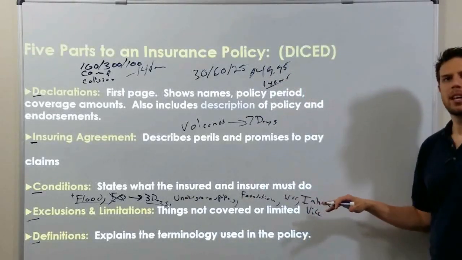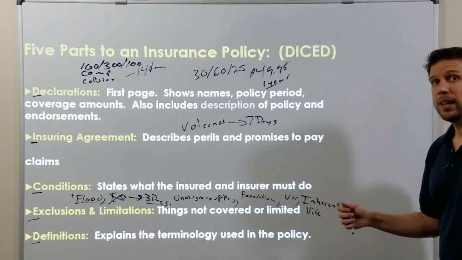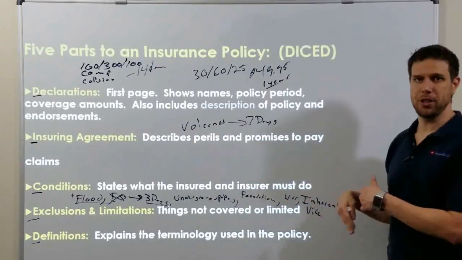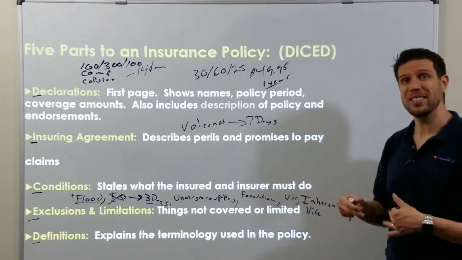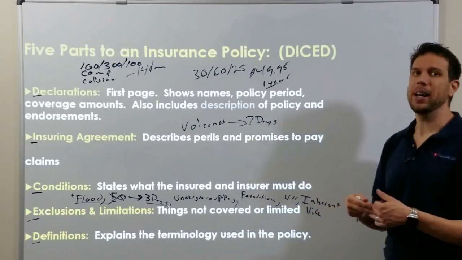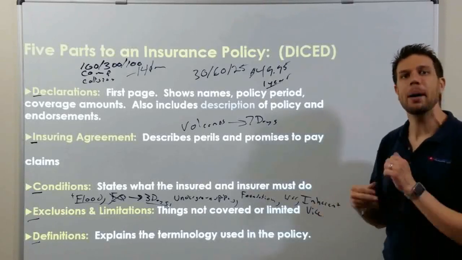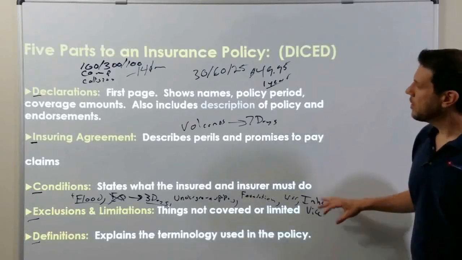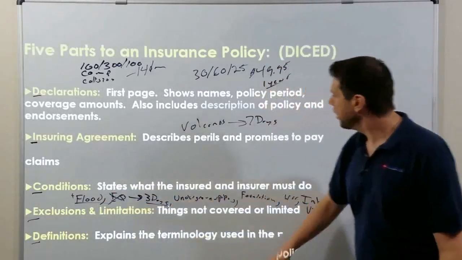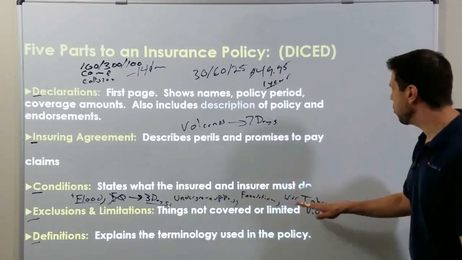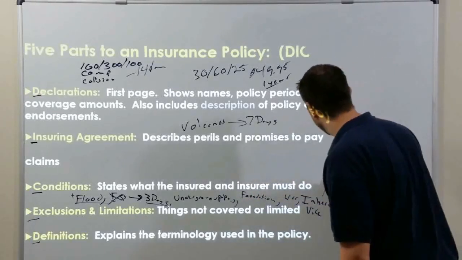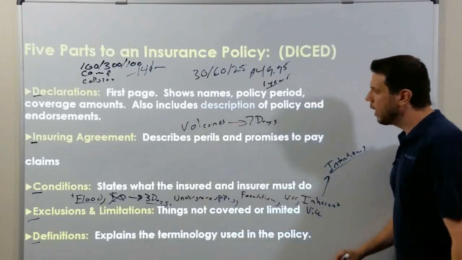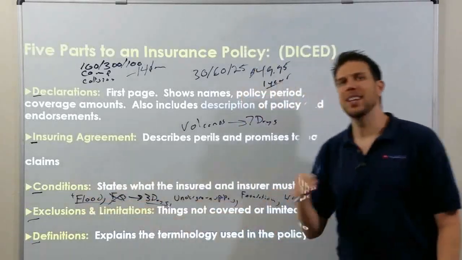Inherent vice is like leaving your door open and then going on vacation. It's where you create the conditions for something to occur. It's not quite intentional, but you kind of knew what was going to happen and somebody else did the damage. Homeowners insurance does not cover flood, earthquakes, underground pipes, foundation damage, war, inherent vice, or intentional loss. Exclusions are things not covered.